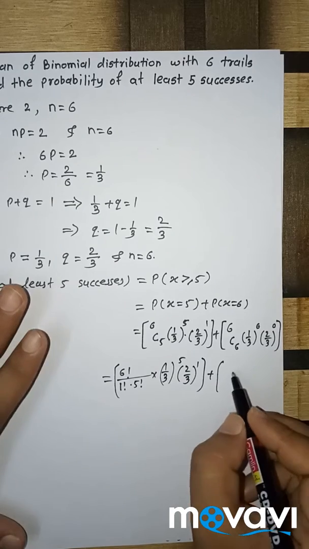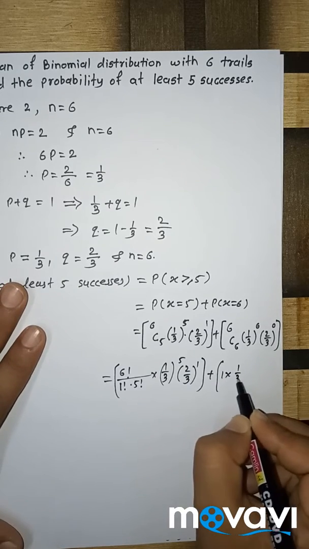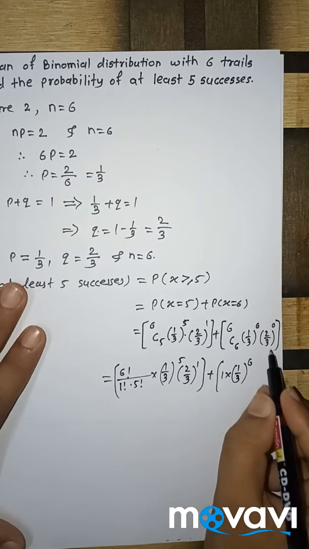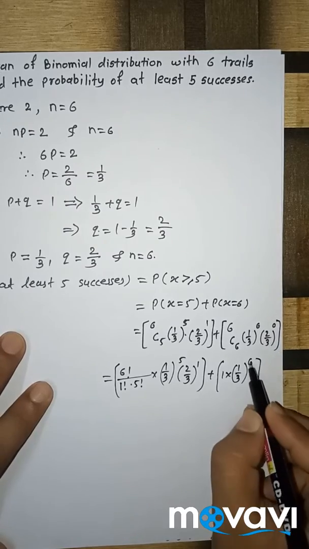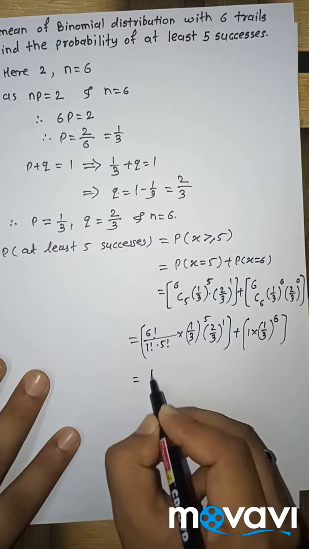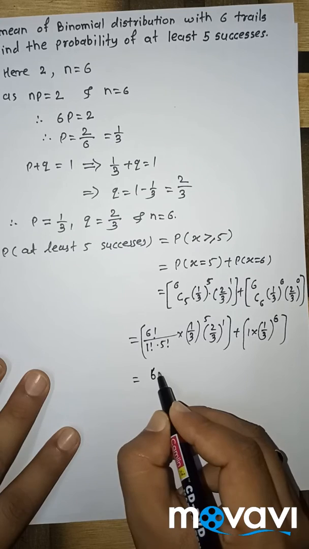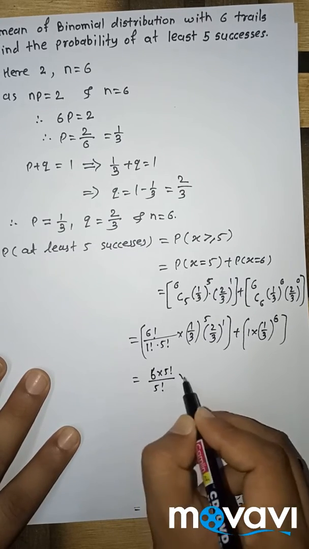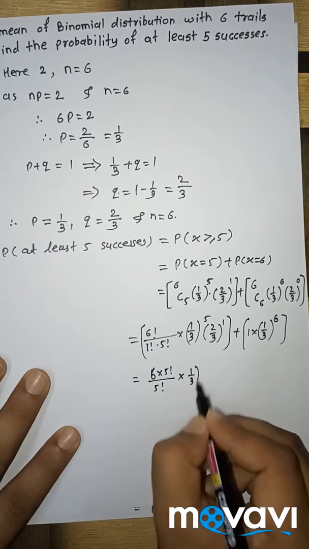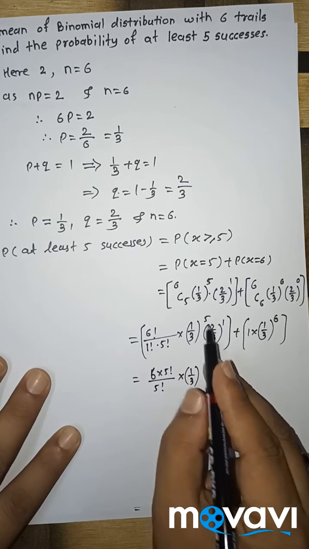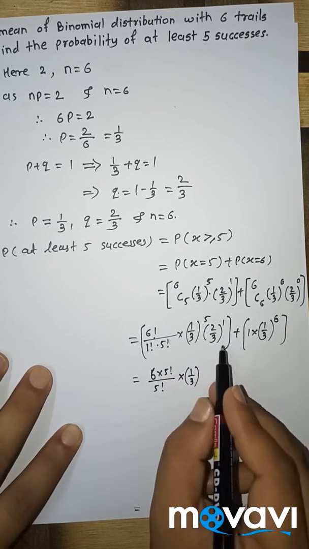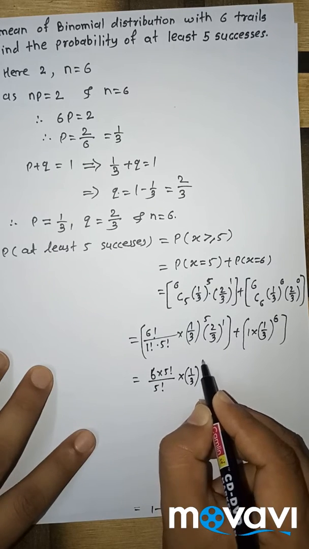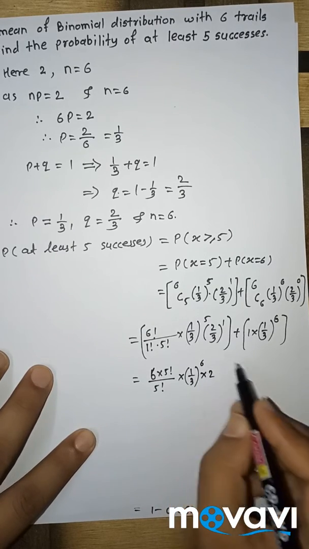This is equal to 1 into 1 upon 3 raised to 6. 2 upon 3 raised to 0 is 1. 6 into 5 factorial upon 5 factorial into 1 upon 3 raised to 5, and here 1 upon 3. We can write this as 1 upon 3 raised to 6 into 2